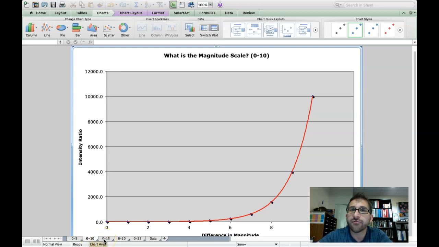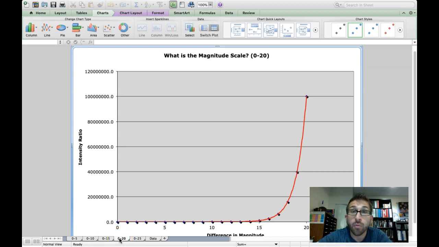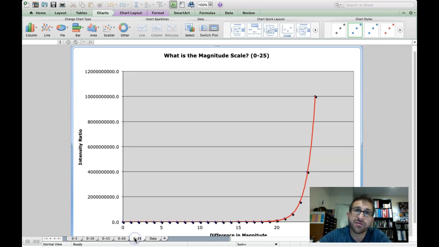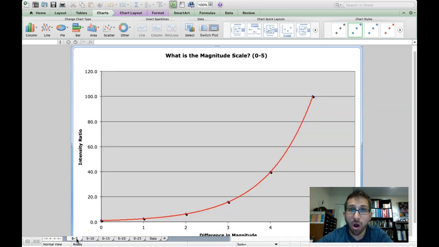A magnitude difference of 0 to 15 looks even more dramatic. 0 to 20, even more dramatic. And 0 to 25 magnitudes difference is even more dramatic. In other words, if you were outside, you actually, with your human eyes, can't see much past a 6th magnitude star. The one thing I've not been saying so far is that the higher the magnitude of a star,